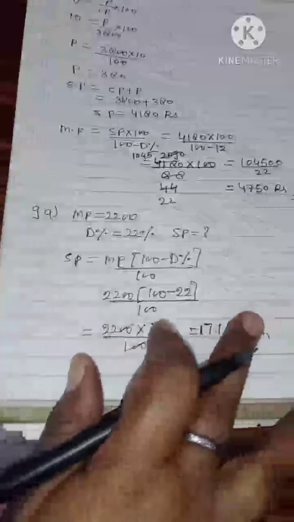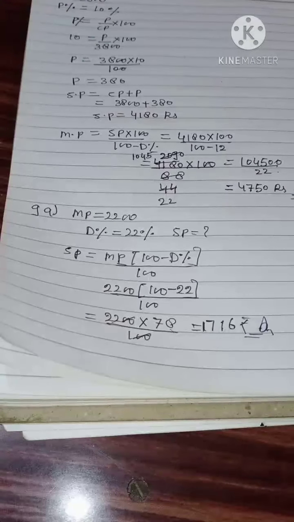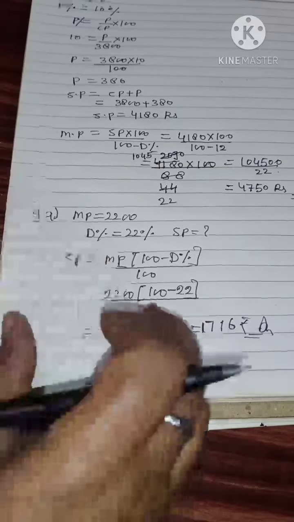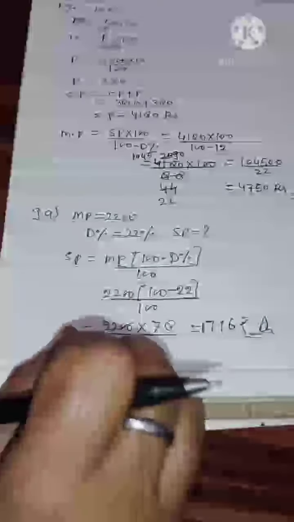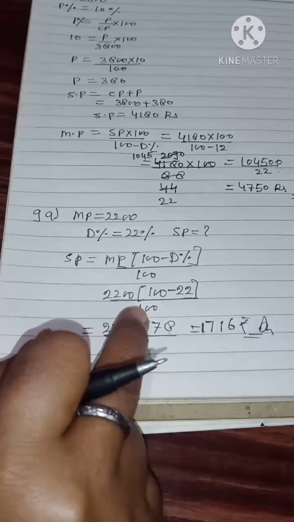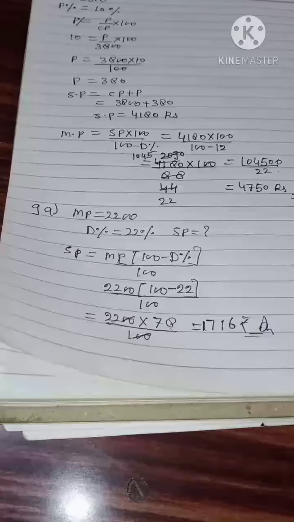Okay. So in this way, in the rest of the questions, somewhere you have to find the marked price, selling price, or the discount percent is given to you. So you apply the formula directly and get the answer. Okay, for the rest of the questions you will not directly put the answers in your table. You will not need to make a table. Only in question form you will do it in your copy also, as I am doing the rest of the questions. Okay, now come to question number 10.